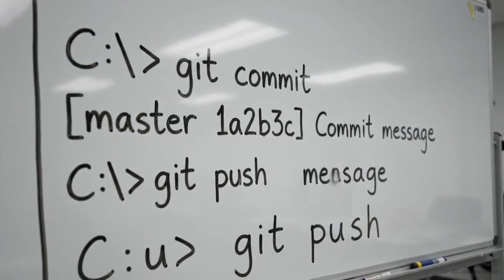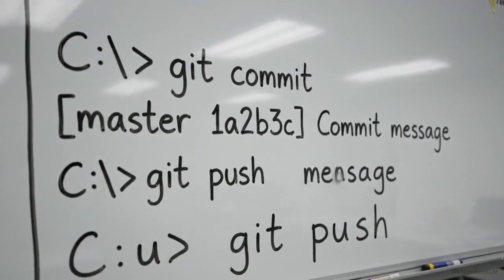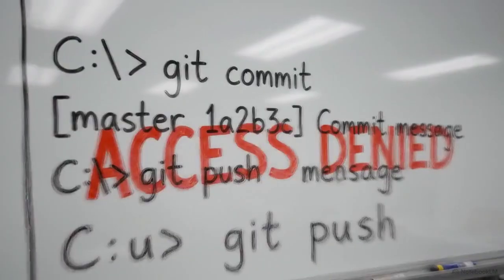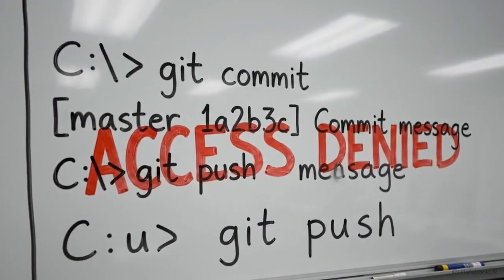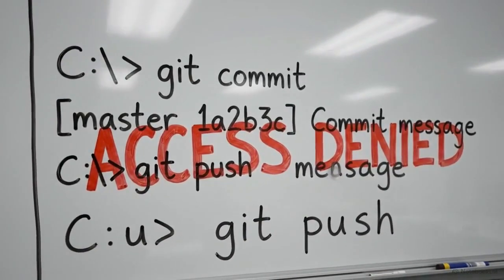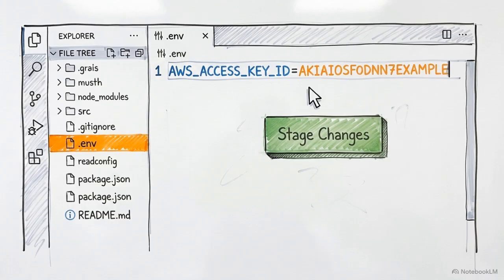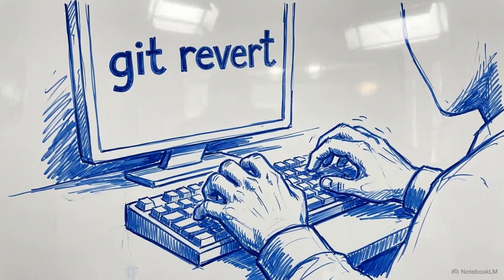Git operates as a distributed, versioned ledger. Its core architecture permanently records every state change across a repository's timeline. This permanence creates an immediate vulnerability if a developer accidentally stages and commits a local .env file containing an active AWS secret key. The immediate reflex is to execute a git revert, attempting to erase the file before the mistake